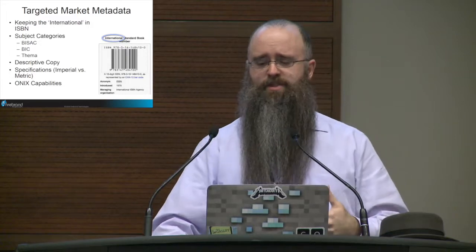So let's talk about one of the more prominent examples of slicing and dicing that will help you as a Canadian publisher or a US publisher to expand your sales, and that's specifically targeting metadata for different markets. So the trend in both ebook and print books today is to publish internationally, often with the same ISBN. And that coincides really with the concept of an international standard book number, right? The ISBN is supposed to be an international number. It's supposed to be usable everywhere. And this is a departure from the past when it was nearly universally assumed that a publisher would do a local co-edition for their book with a different publisher and a different ISBN. It's just a different process.